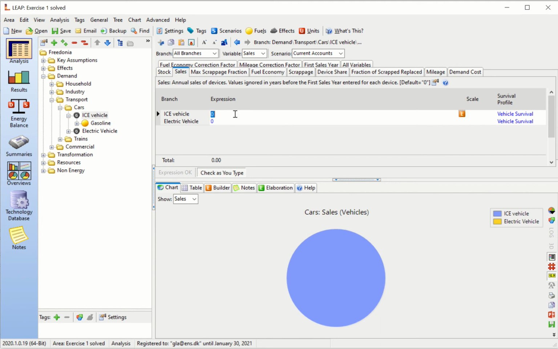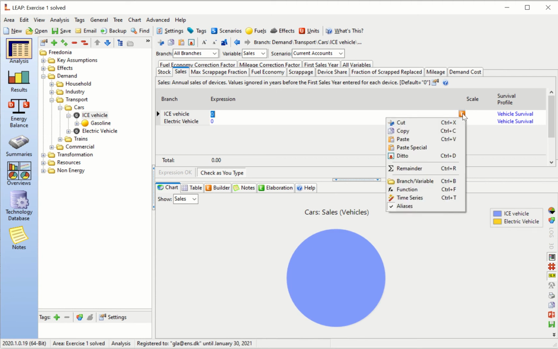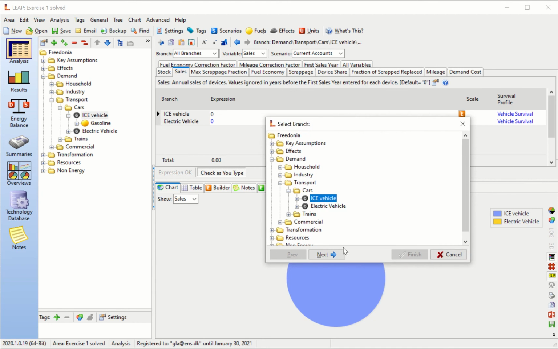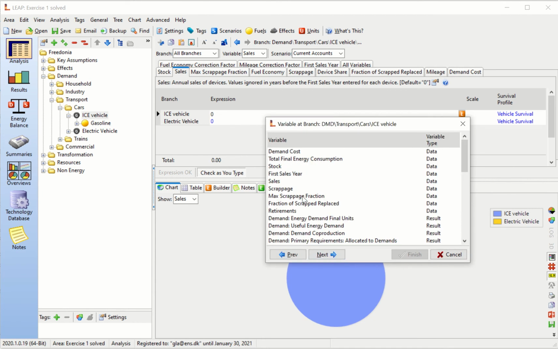So I just want to make you a short reminder of something that we covered in lesson 1 about expressions in LEAP. So here, for instance, I have my sales from my ICE vehicle. If I click this little E expression icon, I can then choose to have branch variables and functions. If I go in here into branch variable, I can even click the exact same branch and technology that I'm in. Click next, and then I have all the available